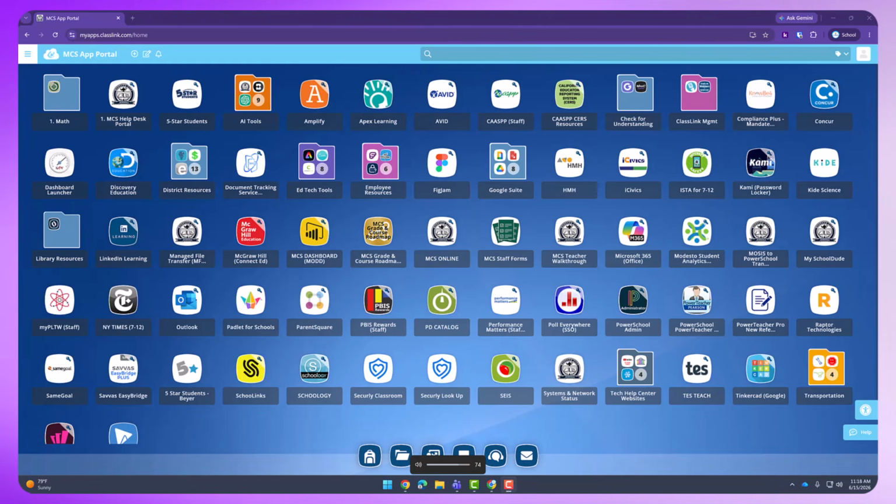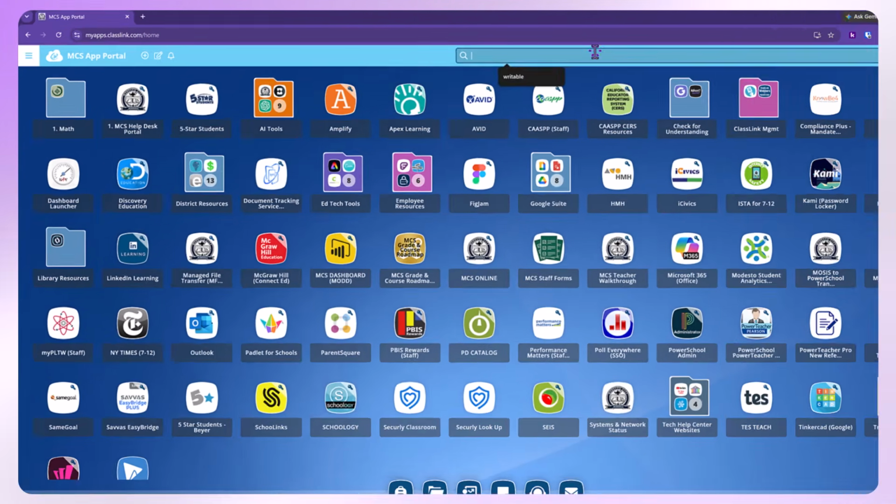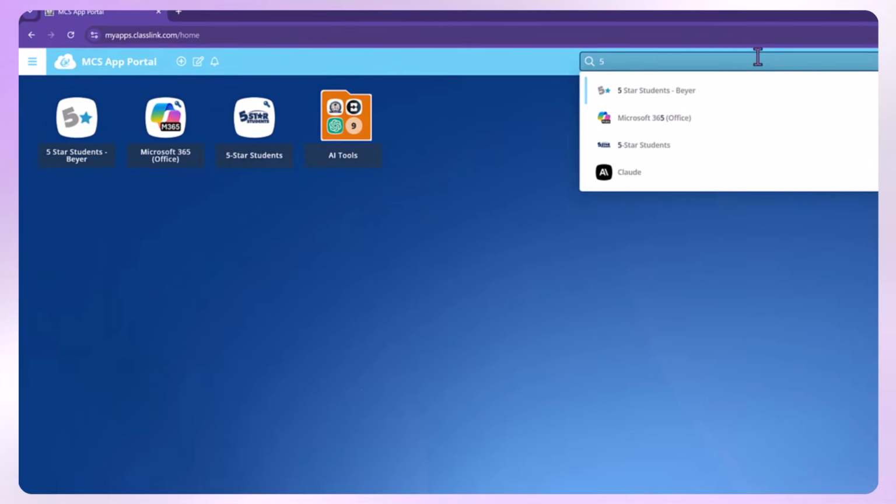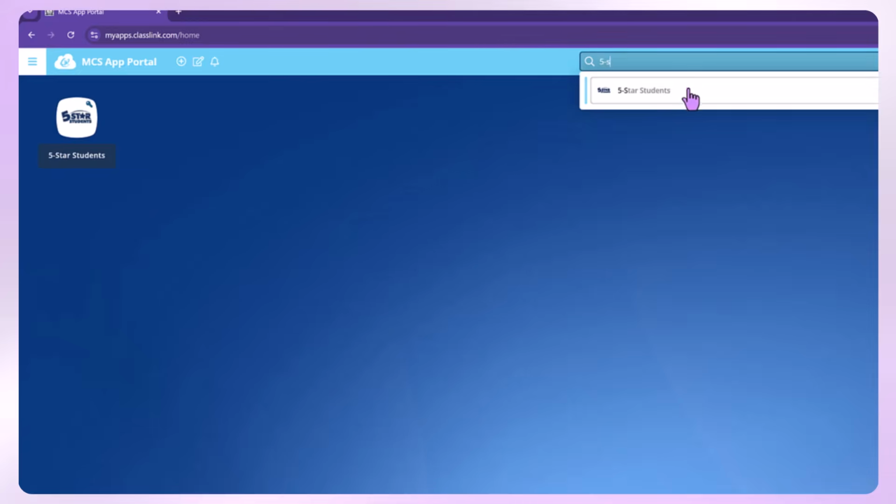In this video, we're going to learn how to sign into our 5-star website to do things like request hall passes, double check our points, and more. I'm starting here in my MCS app portal, and I'm going to look for the 5-star student icon. If I can't find it, I can type in the number 5 and the word star to launch my 5-star